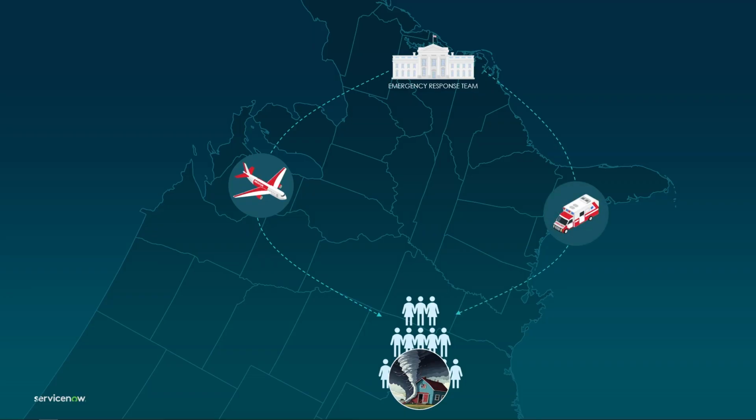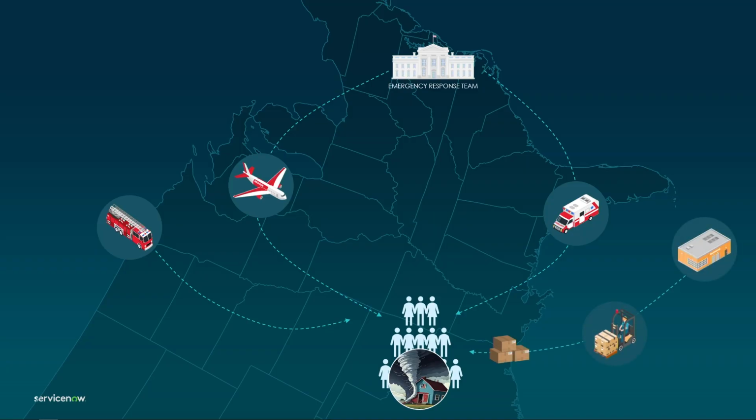But beyond that, right? Hey, emergency response. How do I coordinate with local emergency response? Maybe I've got to bring emergency response from elsewhere. I've got to bring people in to surge support to be able to help with that emergency. What do I do about supplies? Can my folks come in with a checkbook and buy supplies locally, go down to the Walmart and buy supplies? Maybe. Or maybe not, because maybe that Walmart or whatever store has been destroyed and I've got to ship them in. I've got to go source them from warehouses. Where are those warehouses? Who owns them? How do I have a contract with them? How do I get access to it, right? There's a lot of decisions that go into that.